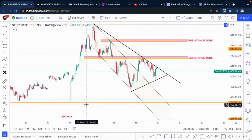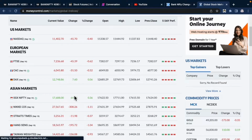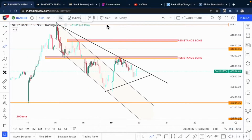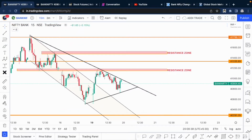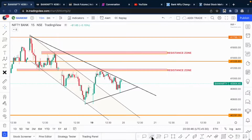And obviously this level of support is there, 40,300. Now because of SGX Nifty, if this gap up sustains, see right now it is 64, if this gap up sustains, like say we get a gap up of 100 or 90 or 100 points, whatever, see, even until here it's 250 points. So if we gap up somewhere close to here, if this level breaks out, the first target will be 41,300 and then